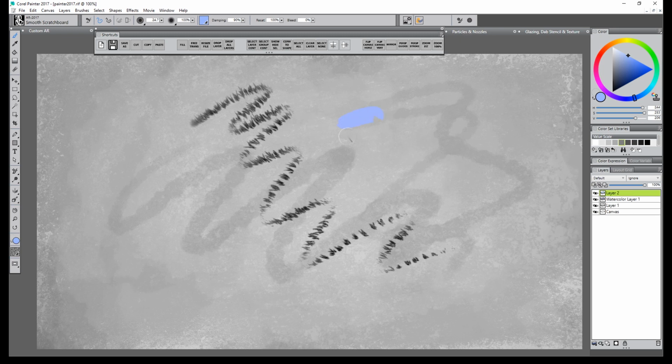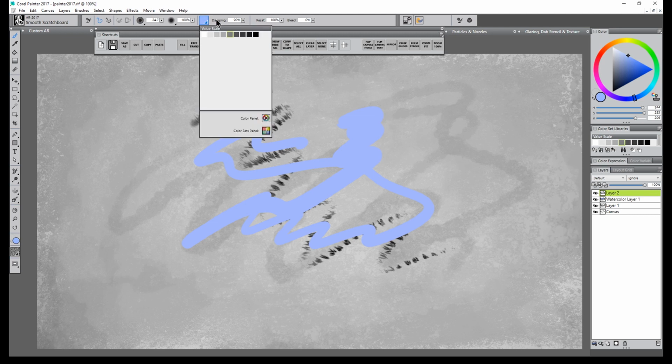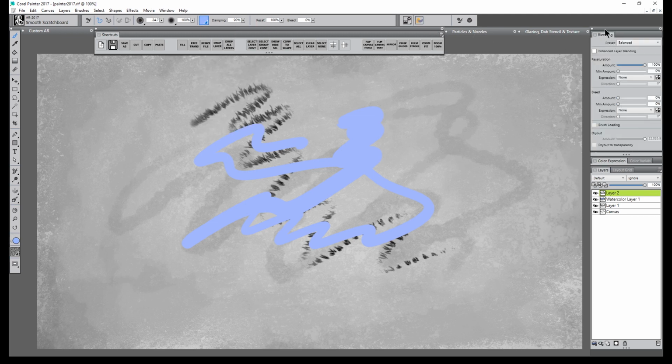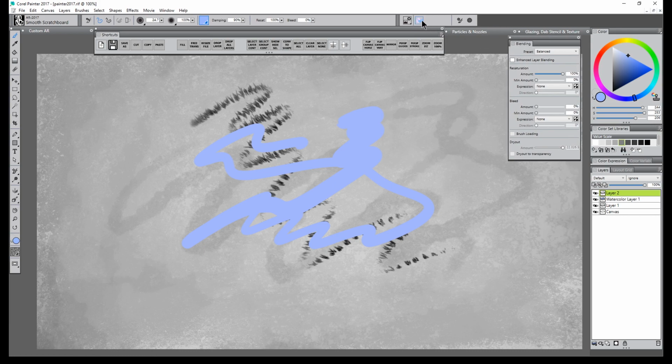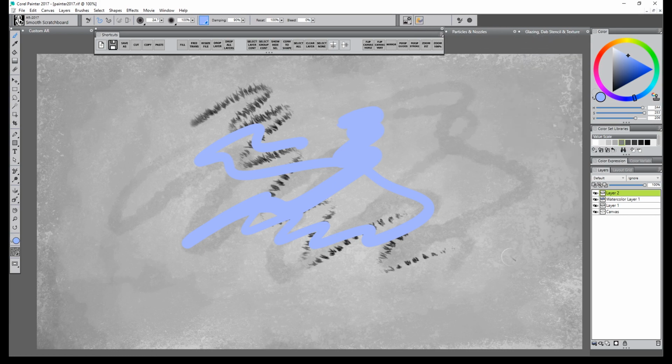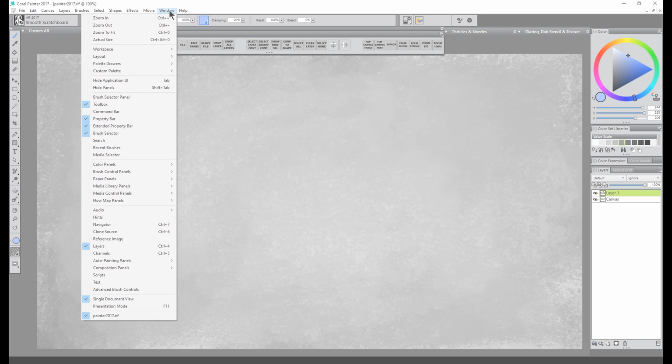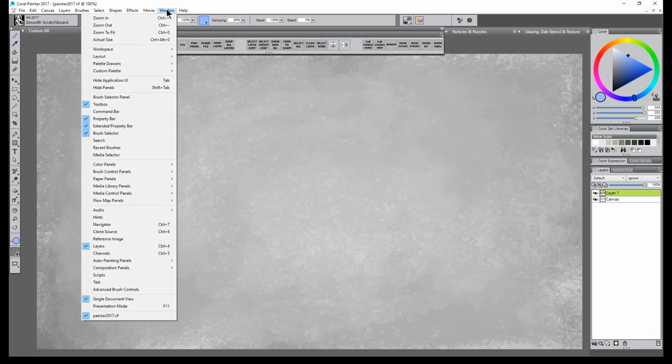And then I can go ahead and start painting freely and doing whatever I want to do. And now I have a lot more room on my screen for painting and placing my canvas. I can keep some commonly used things in palette drawers and up in the enhanced properties bar, and that keeps my screen free. So if you're interested in checking out the palette drawers, those are available under Window, Palette Drawers,